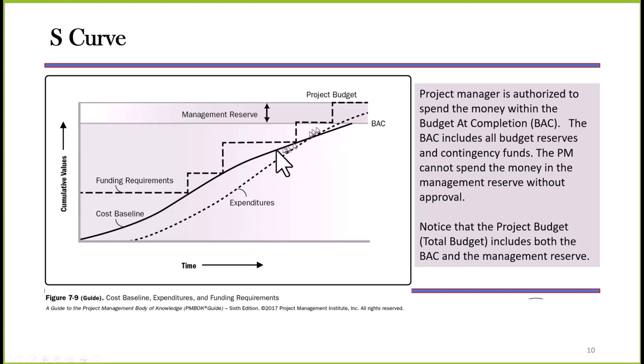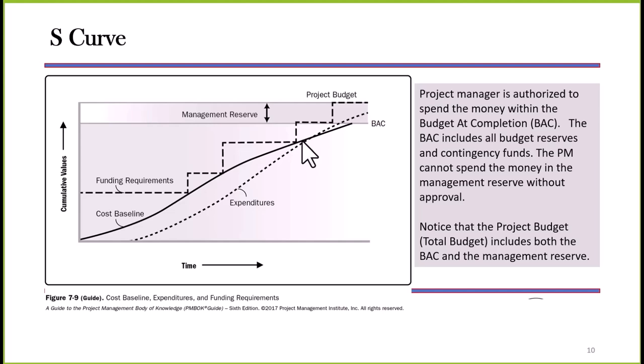Normally what happens is we will collect invoices, make a payment, and we look at that, and that's why we have that lag in expenditures versus the cost baseline. My total budget or my project budget includes management reserve and the BAC. The BAC is going to have all my contingency funds for cost overruns, for risk or whatever reason, money we've set aside, and it will be included in the BAC, and as the project manager, you should be authorized to